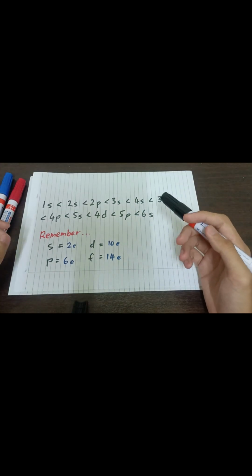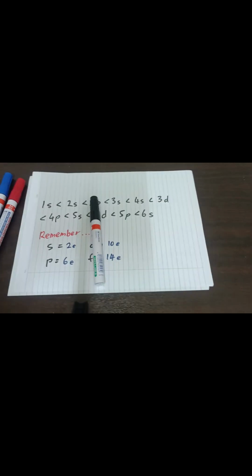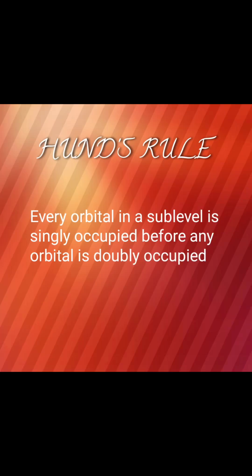We move on to the next principle, that is Hund's rule. Hund's rule states that every orbital in a sublevel is singly occupied before any orbital is doubly occupied. We're going to take one example,